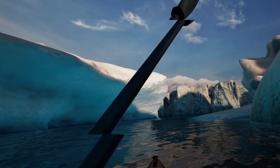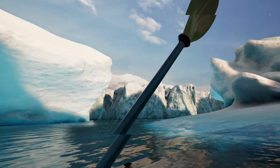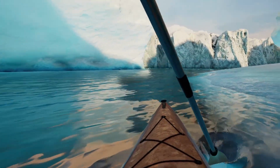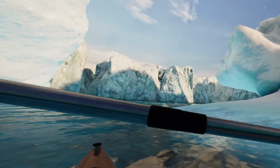I also just want to put a disclaimer: if you see any screen tearing, which is essentially where it looks like the image breaks apart a little, that is just on the social screen and on the recording. That is not in the headset, and you will not see that anywhere in the headset, and the headset is buttery smooth and great. So anyway, Kayak VR Mirage is a kayaking game, who would have known, that spans over